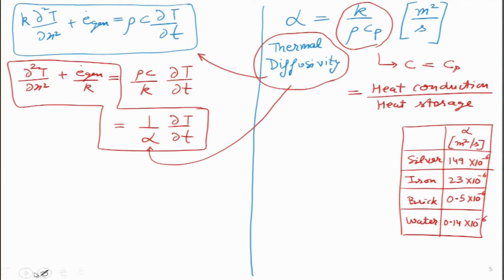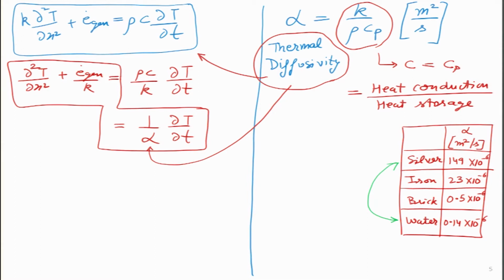So, if we compare the highest and lowest values of thermal diffusivity in this particular table, so if I compare silver to water, so both are given the same amount of heat. So, what will happen to that heat? Silver will tend to transfer most of the heat across it, while water would tend to retain most of the heat. So, it will absorb that heat because water has very high specific heat. Silver has very high thermal conductivity and very low specific heat. So, this is the physical explanation of thermal diffusivity.